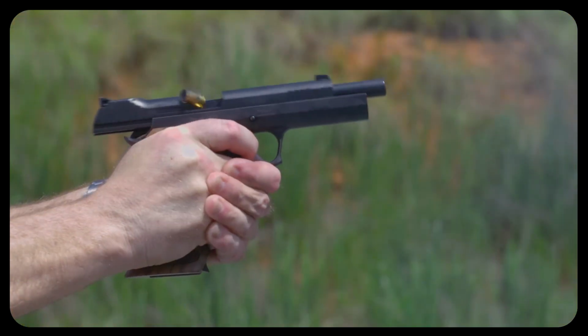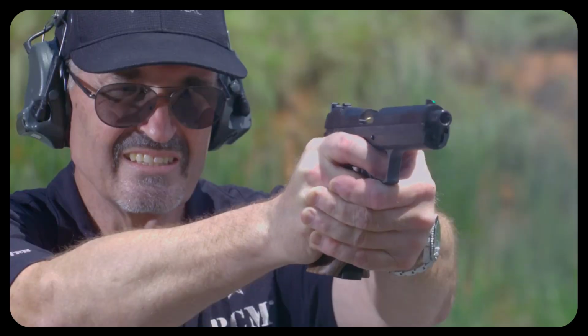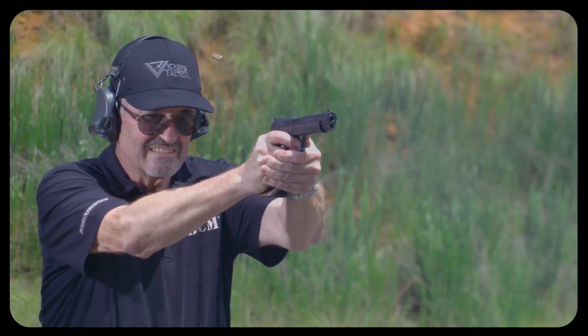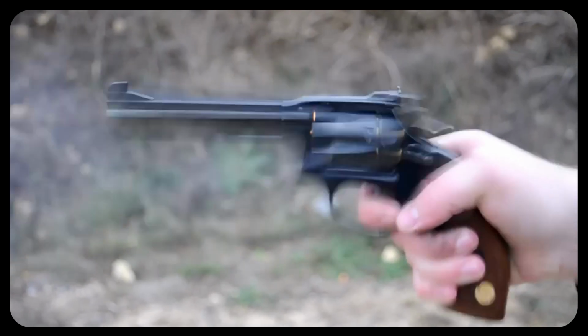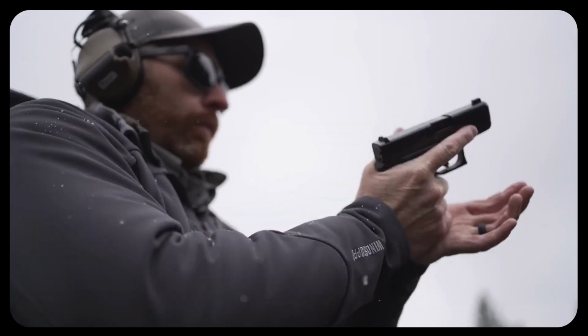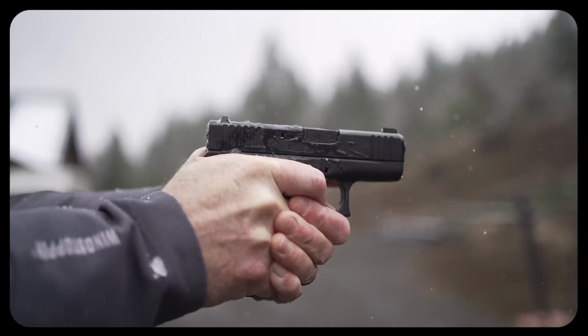Some handguns just make shooting easier. Some have a crisp precision trigger, others use a fixed barrel for better consistency, and some are built like tanks to soak up recoil. Then there are those that check all the boxes. Bespoke pieces of hardware that make accurate shooting feel almost effortless. But with so many high-end pistols touted for their accuracy, do you ever wonder which ones actually make a difference